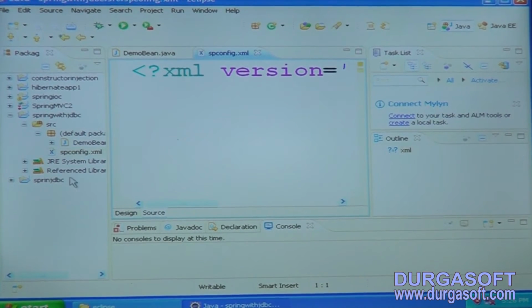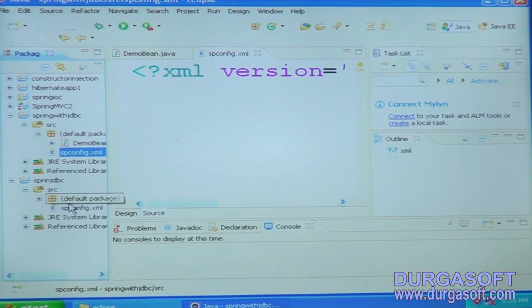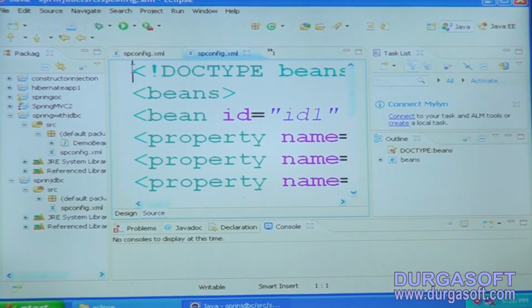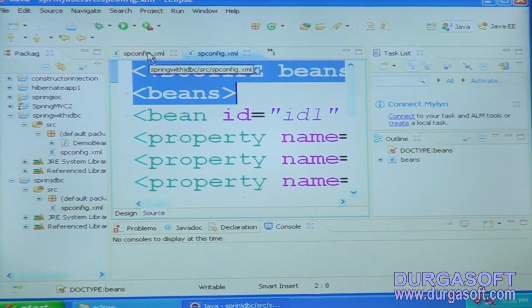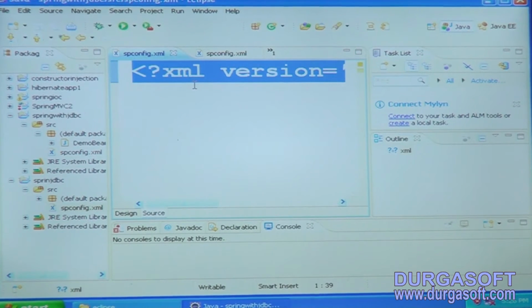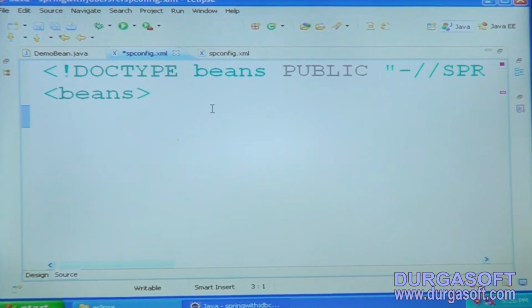Now first of all we need to place the DTD. Under that, beans. Now bean id is equal to id1, class equal to